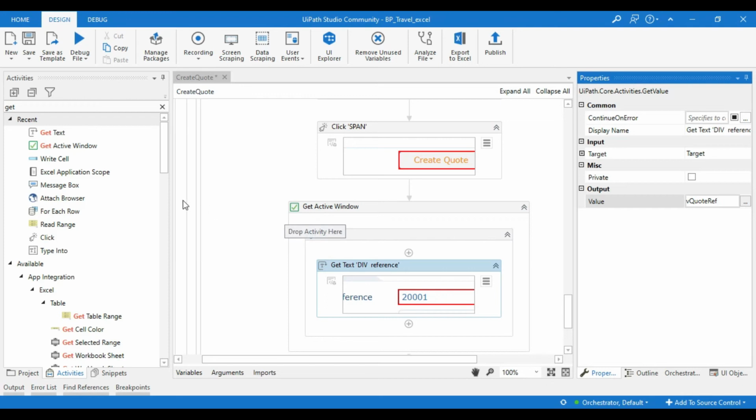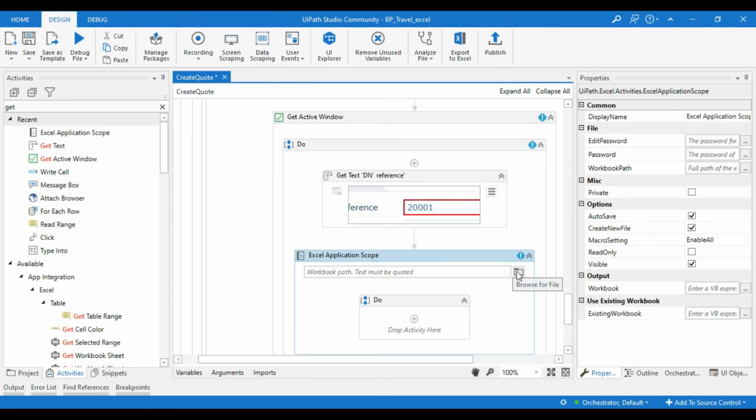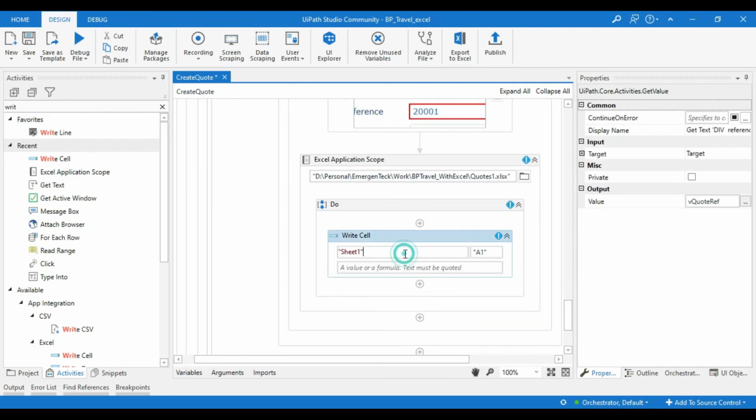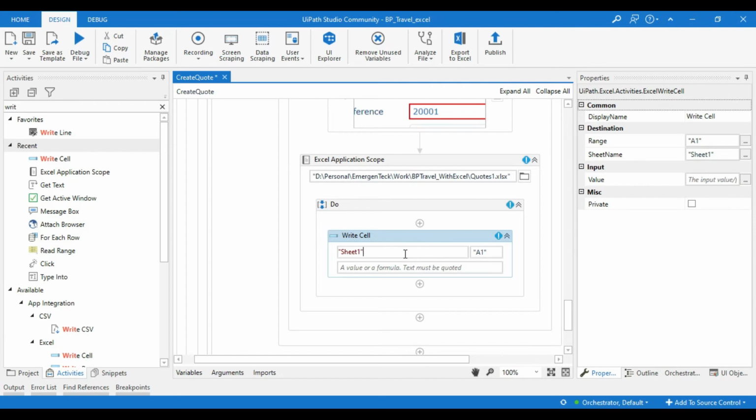We'll create one reference and we will write this code reference into our Excel file. For that, take an Excel application scope, give a path over here, and inside the Excel application scope, take write cell. Here we have to provide the sheet name and from which cell we want to start. We will start from M1, and for increment we will create a counter variable over here.